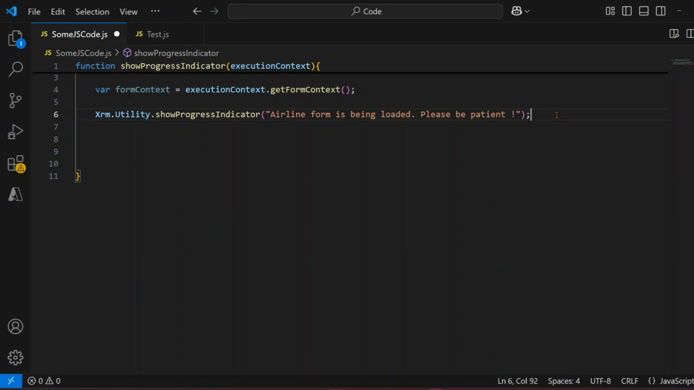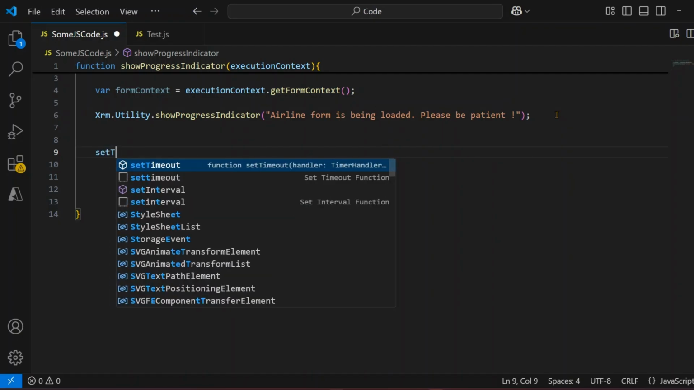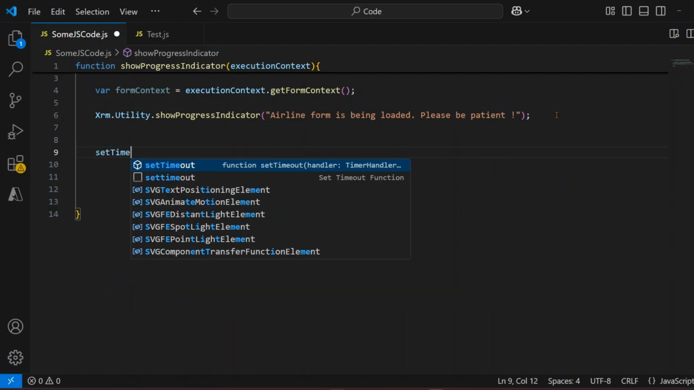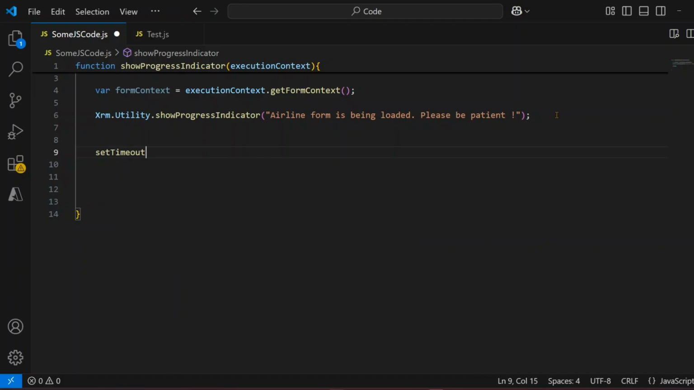Now we want to stop that after some period of time. So for that, for simulation purposes, let's use some delay. In JavaScript, you can add a delay using the setTimeout function. In setTimeout, we just need to specify the function. So I'll just say function,